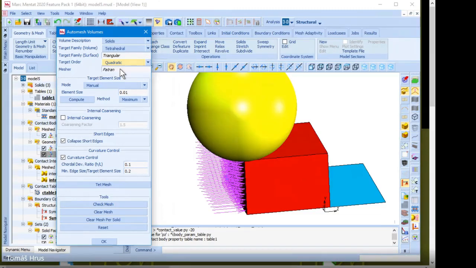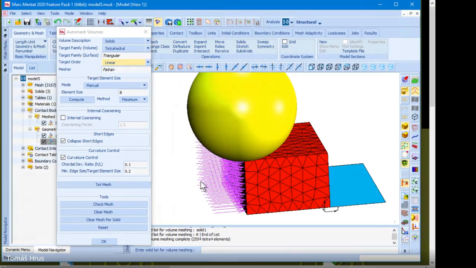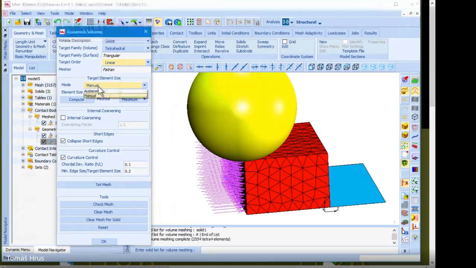Target order will be linear, and for element size we will use grade elements. We know that this distance is 40, so I will use elements, for example, 8 millimeters grade, that meshes this body, so this is my mesh now. So I use element size manual, not automatic, element size 8,